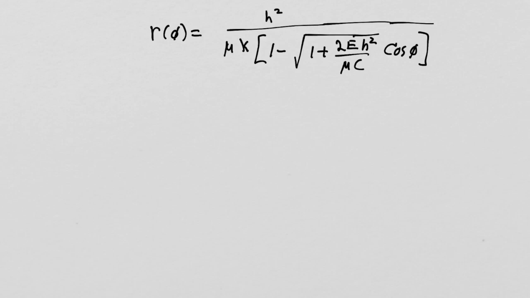All right, so we're going to continue this analysis, and where we left off last time was we had discovered the expression for the radial coordinate as a function of the azimuthal angle. So this is a polar coordinate system, and we have solved for this very interesting function, which is the shape of the orbit. And this is the shape of the orbit, and it is inevitably a conic section. And what's interesting is that the eccentricity of the orbit, which is what this term here is,